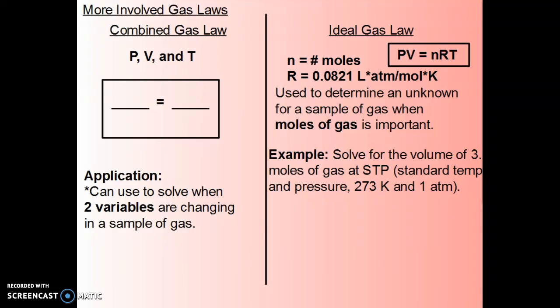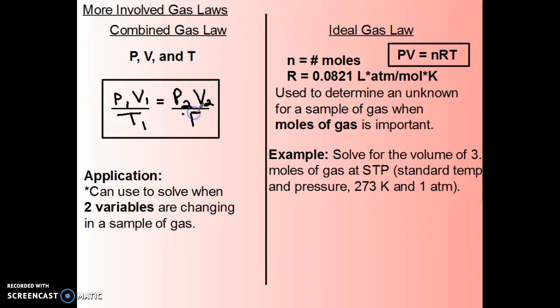Picking up where we left off, we're talking about the more complex gas laws, the combined gas law and the ideal gas law. Based on putting the formulas together from Boyle's, Gay-Lussac's, and Charles's law, we get to the combined gas law, where our initial pressure times our initial volume divided by our initial temperature is equal to our second pressure times our second volume divided